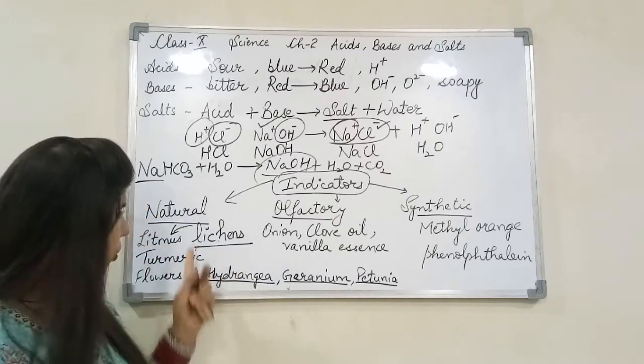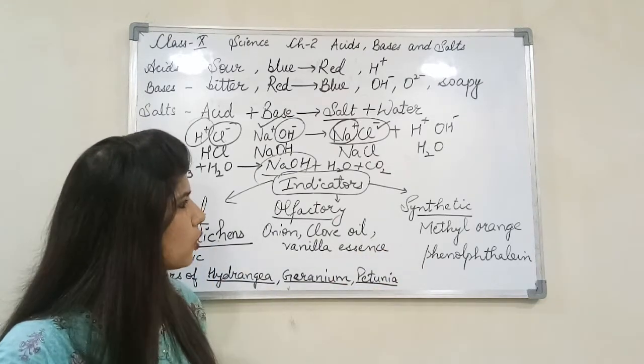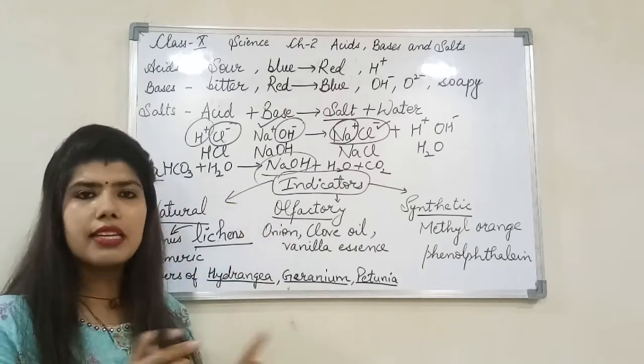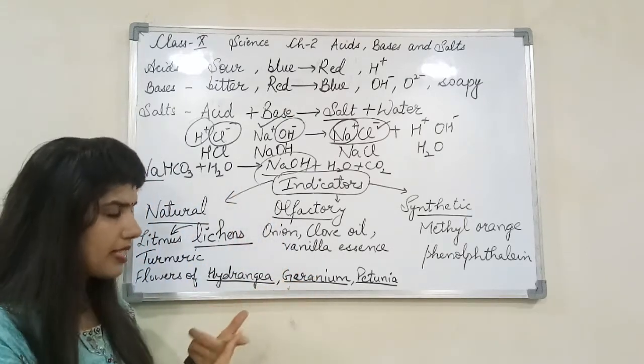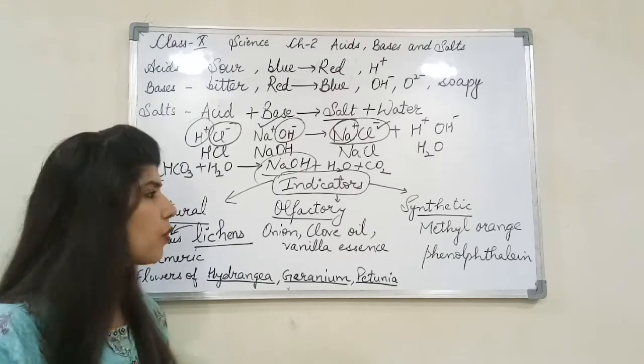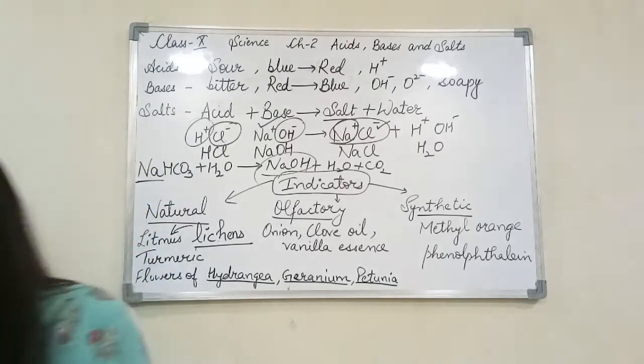Now for all these things, I'll do one thing. I'll just show you a flow chart. There's a table I've made that shows the change in the color in the presence of acid, basic or neutral medium. Just wait for a while. I'll just focus the camera on that chart.